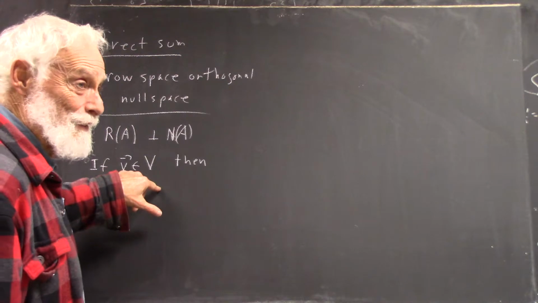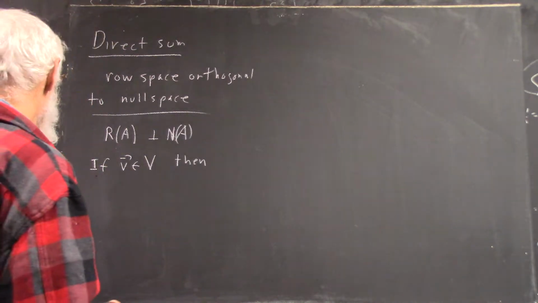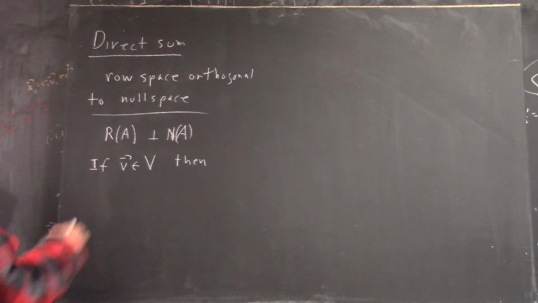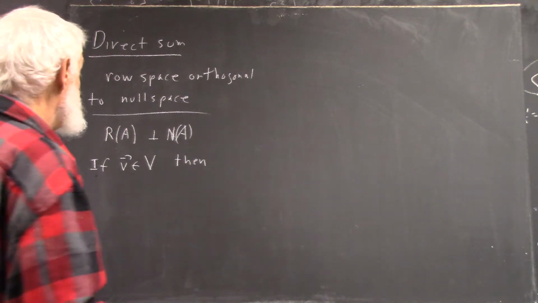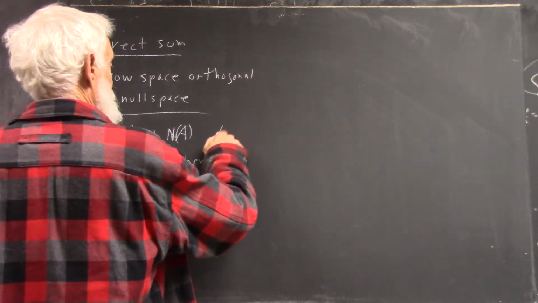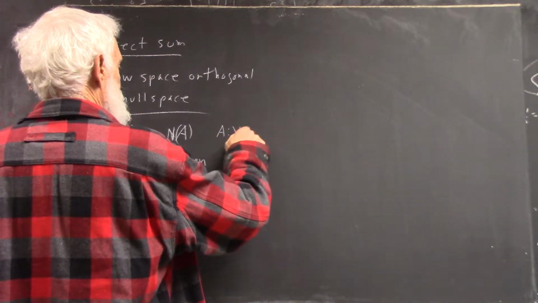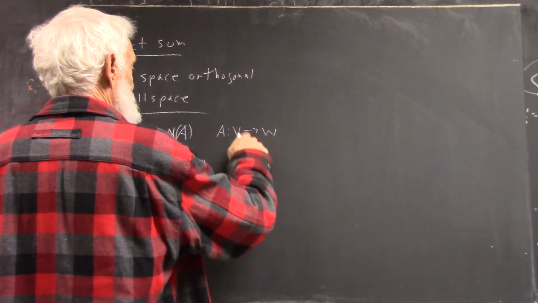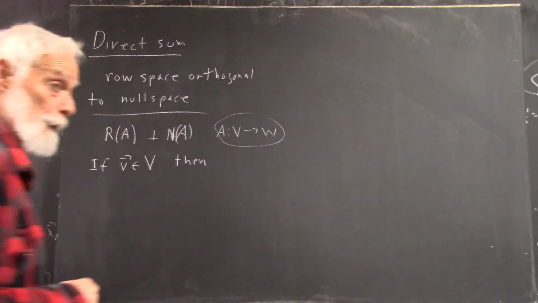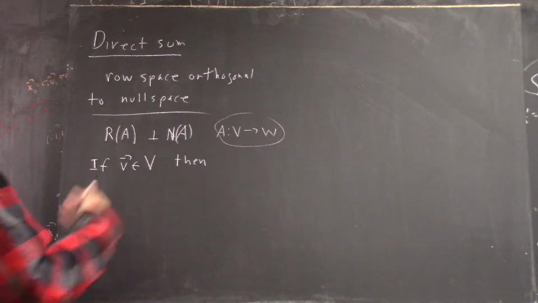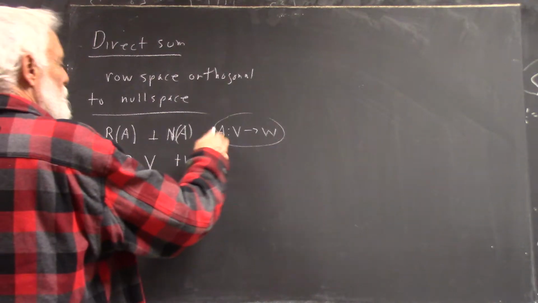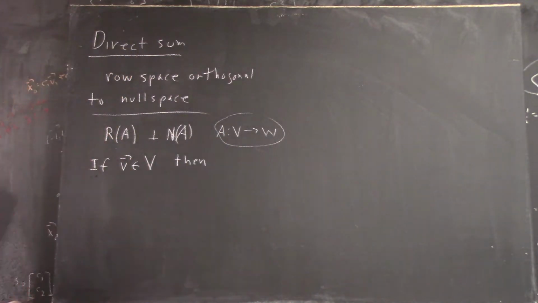Okay. V is in V, where A is a matrix that maps V to somewhere. So let's just regard A as a matrix that maps V to some space W. Okay? And A is a transformation, but A is the matrix in terms of which we represent the transformation. Okay, so